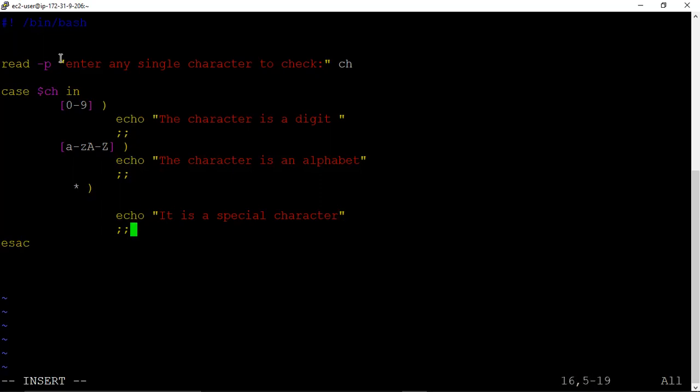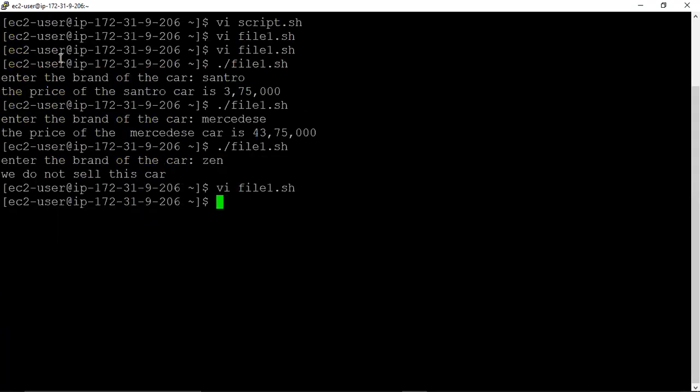After star, after writing action, semicolons are not compulsory. I have run the previous command without semicolon. So we will save this and try to run the script.